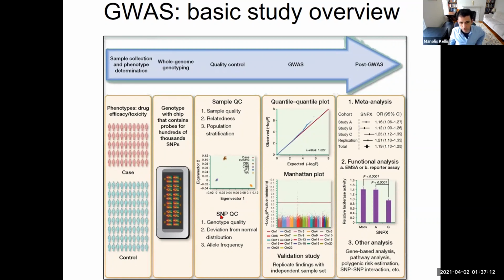And then you do a lot of QC for not just your samples, but also your SNPs. Basically make sure that the genotype quality is good, that it doesn't deviate from a normal distribution, and that the allele frequency is as you would expect. This is one of the types of QC where you do a quantile plot. You're basically plotting what would be the expected p-value if this was normally distributed. What does that mean? That basically means that if I sample 6 million SNPs, I expect,